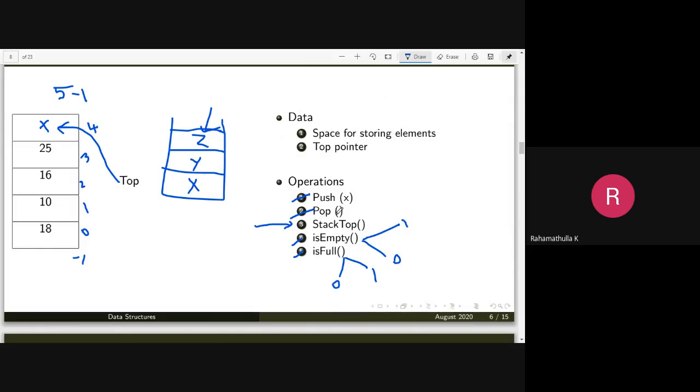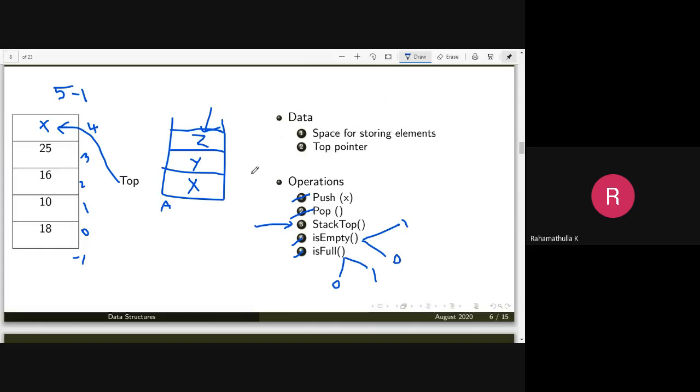If you do the pop operation, then also you will get this element out, but it will delete the last element. But a stack top operation will not delete this element, it will just give you the valid element, exactly the stack top. For example, if this is implemented as an array a, then a of 0 will be pointing to this value, a of 1, etc. A of top will give you the topmost element.